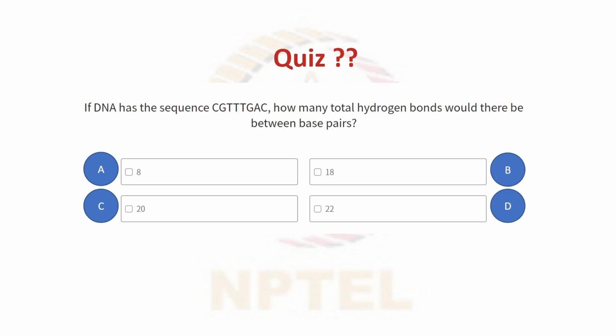So we all know GC base pairing has 3 hydrogen bonds and AT base pairing has 2 hydrogen bonds between them. So based on this concept,